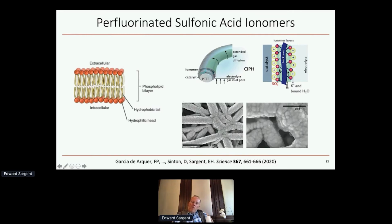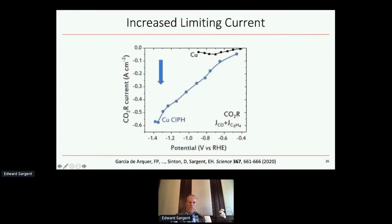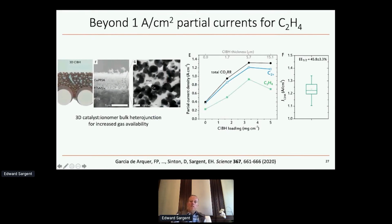But then around that, we coated this ionomer whose function was CO2 transport. So you can see that now, as shown with the black arrows, there's an avenue towards the transport of the CO2 to where it's needed, penetrating deep into the solution. The result of this is that while previous reports of CO2 reduction to ethylene had been limited to a few